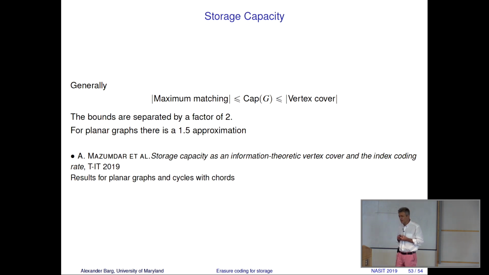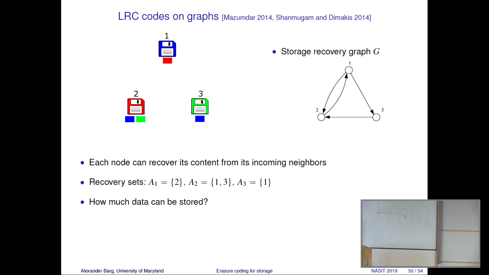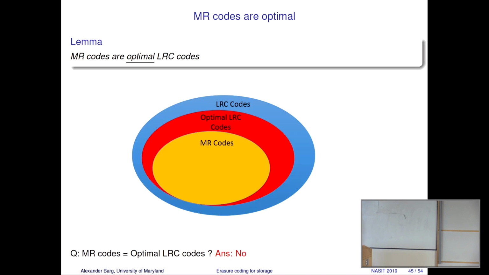It is not so difficult to convince yourselves that the capacity of a graph is sandwiched between the max matching and the vertex cover. Both are easy to understand, and they are known concepts. What is a matching in a graph? A matching is a set of edges that are disjoint in a graph. One edge is a matching. Maybe we can fit 2 edges. What's the maximum matching? That is the lower bound.